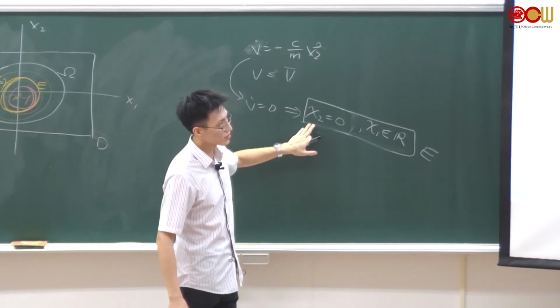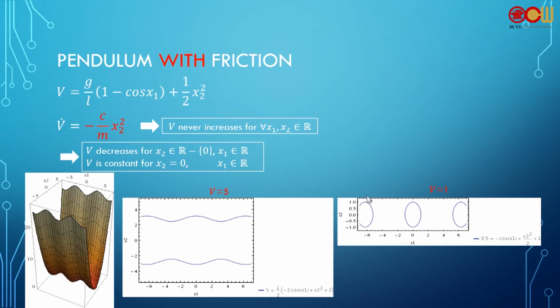But if you use another condition, which is the dynamics, you can further narrow down to some point on the line. And if you find that maybe only one point on the line, which is 0, 0, then you can conclude that the system is entirely stable. And that's what we want to do next.